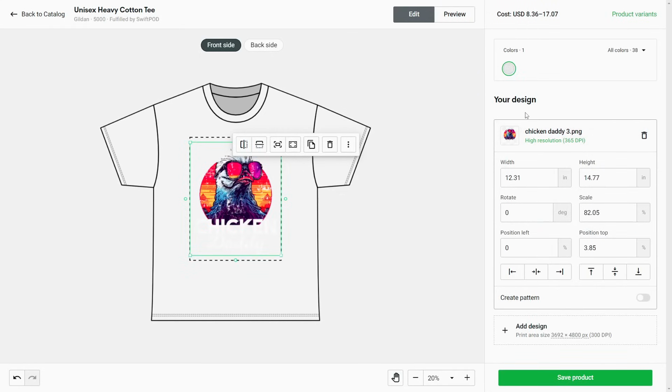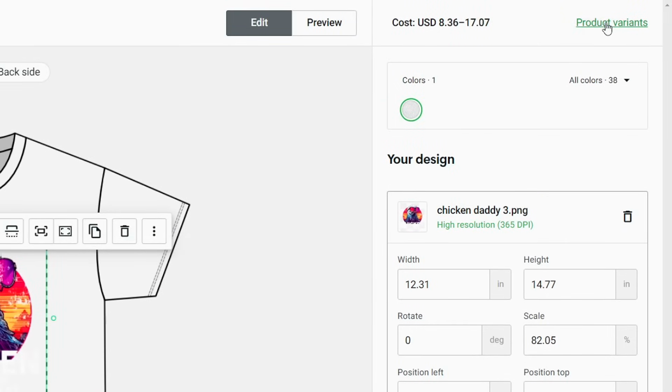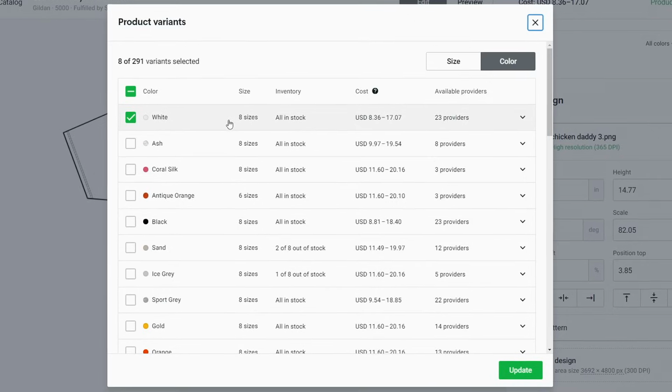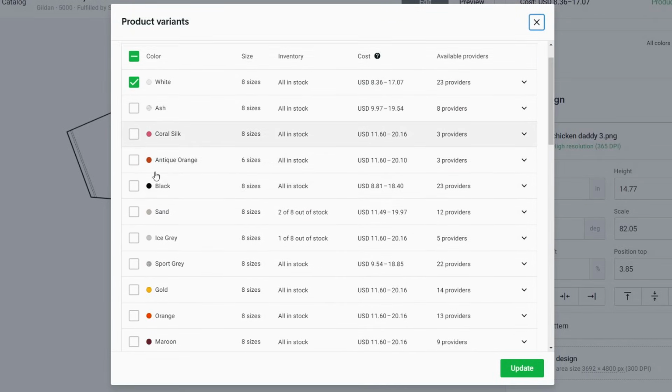Once your design has been uploaded, I would go ahead and select the colors for your t-shirt, because as you can see, by default it is white, which our design does not work well with. And instead of selecting your colors right here, I would recommend going to product variants, because you get some extra details such as the cost of the color, because it's not always the same depending on what color you choose,